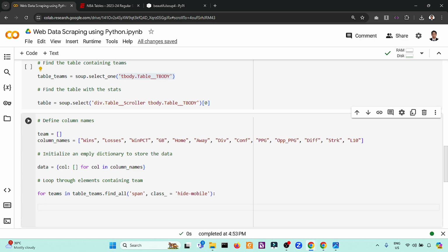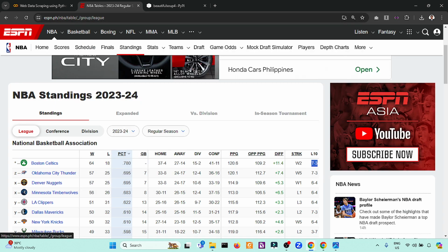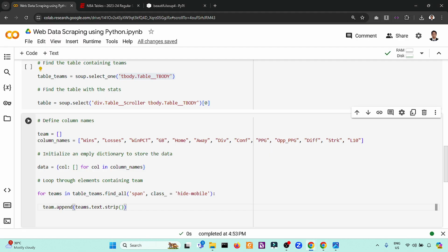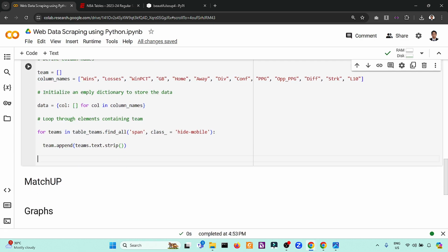So we will loop through that and we will append what we have found in each one. Then we will strip the text. So it means that if I have found, for example, Boston Celtics inside the span hide mobile, I will just get the Boston Celtics text here.